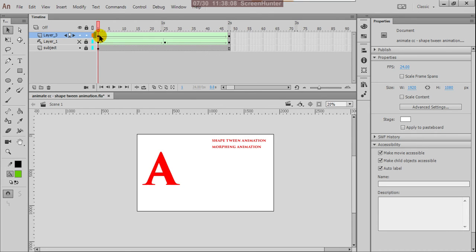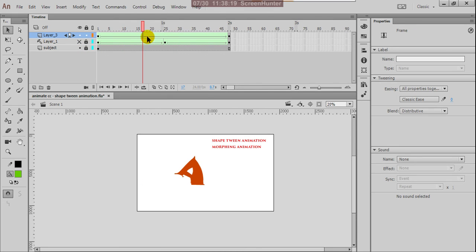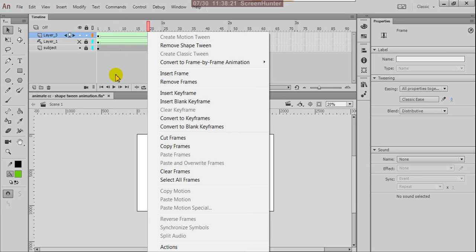For both keyframes you must change the text into shapes. Then between these two keyframes, anywhere right click and apply create shape tween.